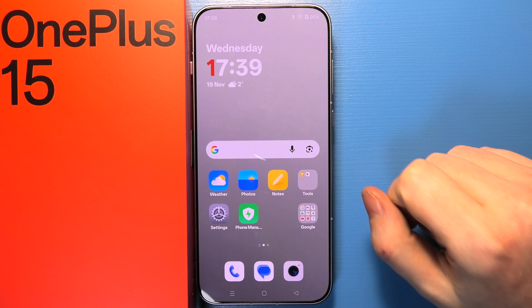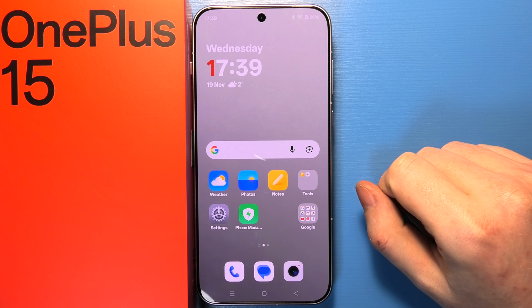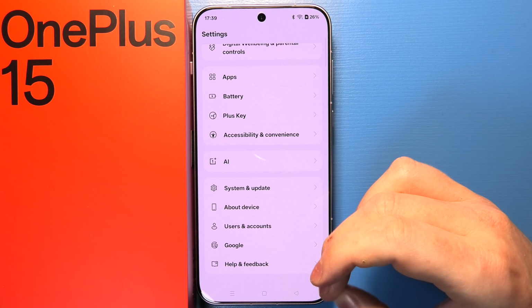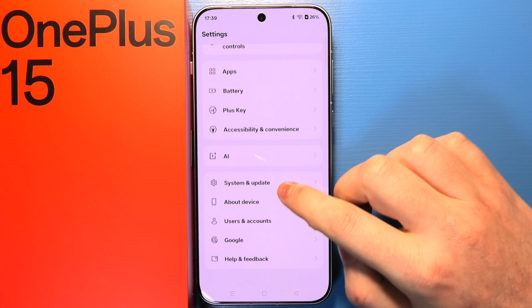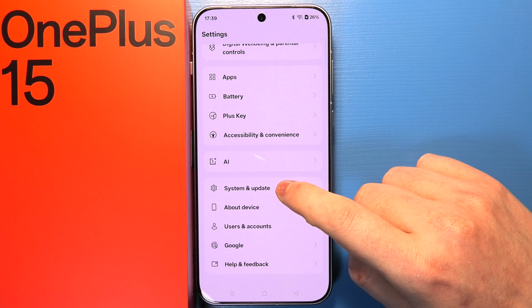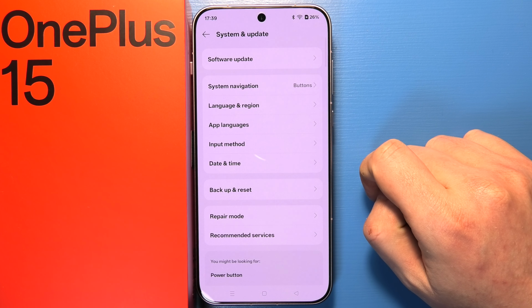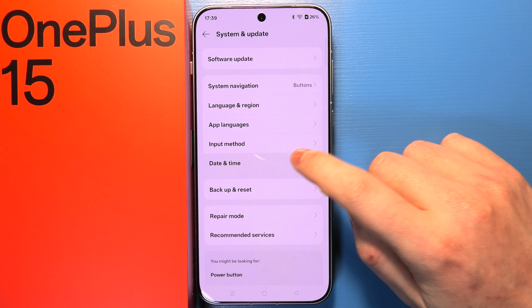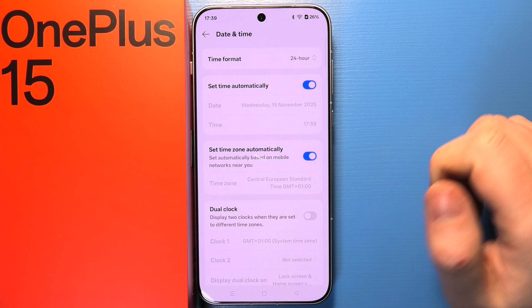To adjust date and time settings in OnePlus 15, first of all we'll need to launch our settings. Next step is to scroll down all the way to the bottom, and here we can select System and Update. Now find the date and time, click on it, and then we can see all of the settings for date